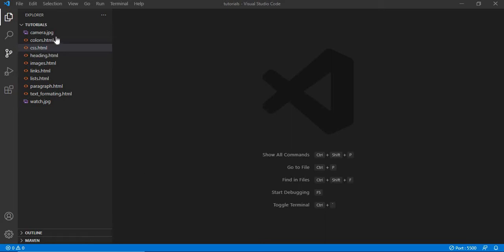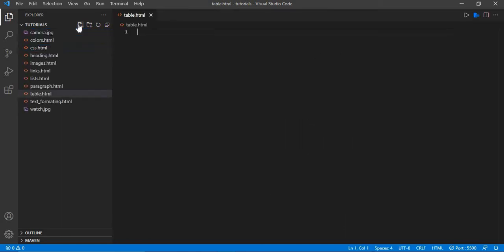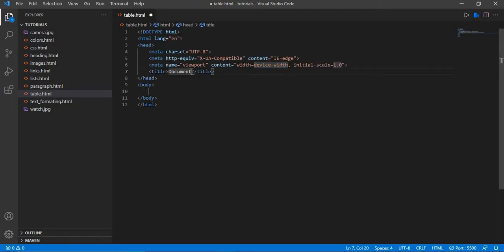Okay, so now let's create a new page called table.html. Here we'll include the boilerplate, and the title we'll change to "table in HTML".